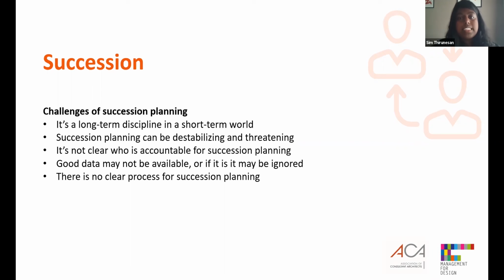Too often, succession planning is minimized because organizations don't want the process to be perceived as a lack of confidence in their current leadership team. Also, in the same vein, leaders themselves are reluctant because they don't want to raise the idea, because that could be signaling their intention to exit or abandon the practice. And often there is no clarity of who is responsible for the planning and the grooming of the successors. Does it sit with HR or does it sit with the business leader?